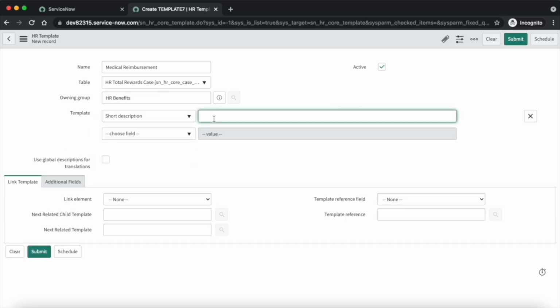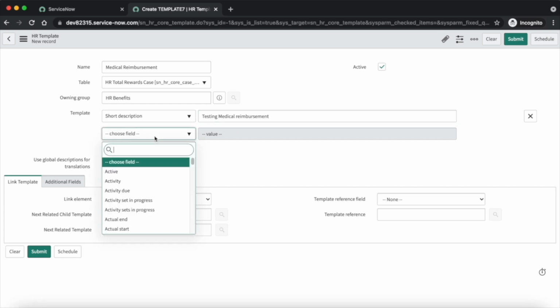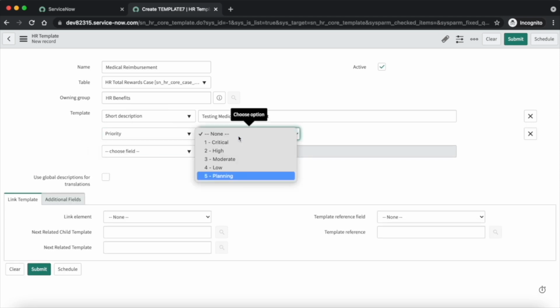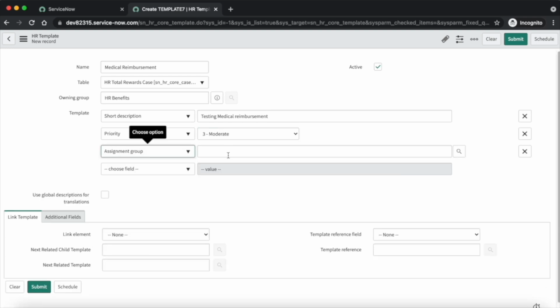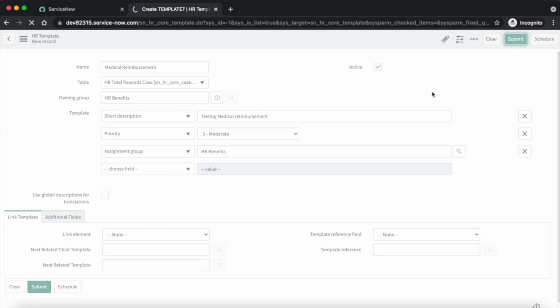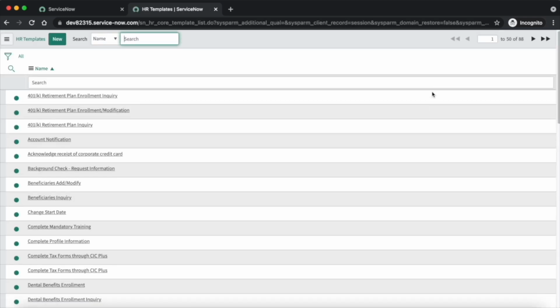Short description is testing for medical reimbursement, priority is moderate, and assignment group is HR benefits. Let's submit it. So now the HR template has been created.